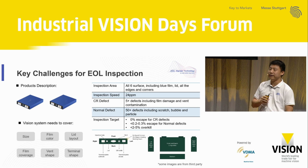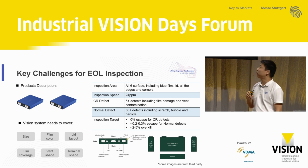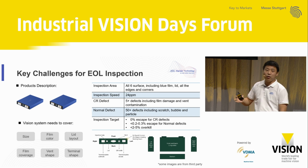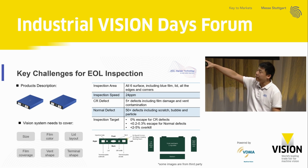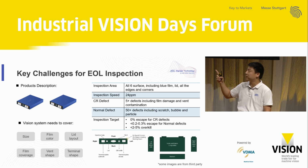And for the overkill rate, from factory to factory and model to model, they can accept around 2 to 5% overkill. Apart from all of this, any machine builder or system integrator has to make sure that one system is able to cover several different models. So the system has to be able to cover the different sizes of this kind of prismatic battery